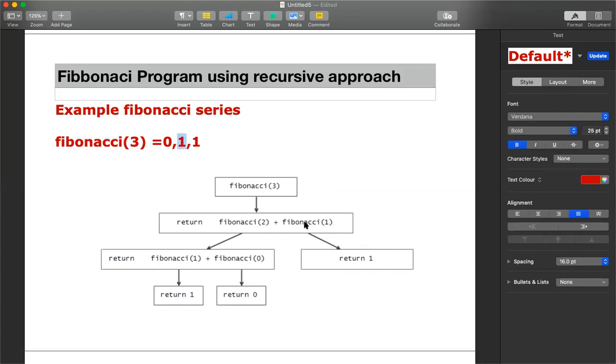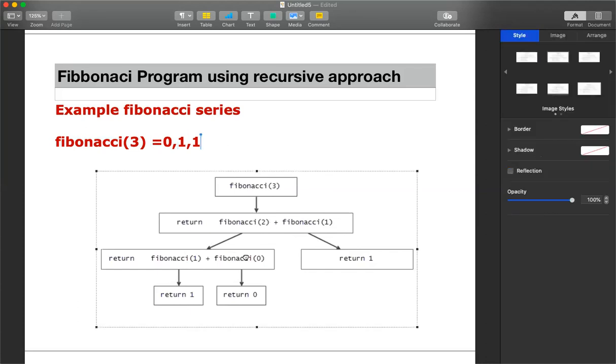So we are returning 1 directly, but we don't know the Fibonacci of 2 answer. If you want to find the Fibonacci of 2, then we have to find the sum of its previous numbers. Which are its previous numbers? 1 which is in the first location and 1 which is in the 0th location. If you add those two things, you will get the Fibonacci of 2 as an answer. But since we know Fibonacci of 1 directly, we return 1.